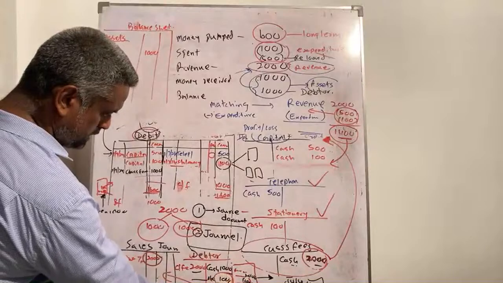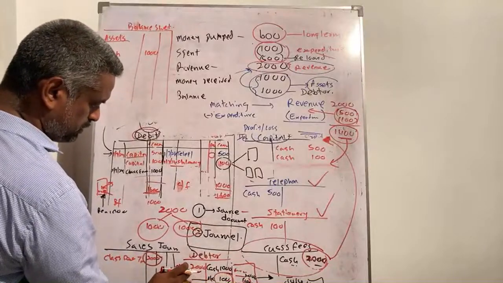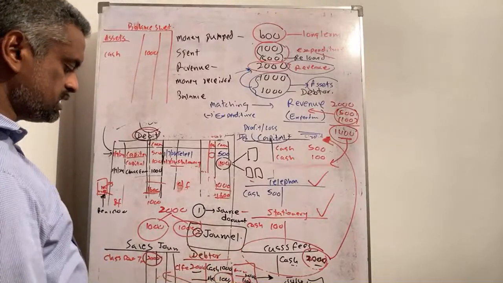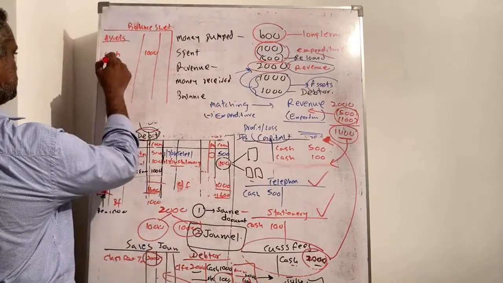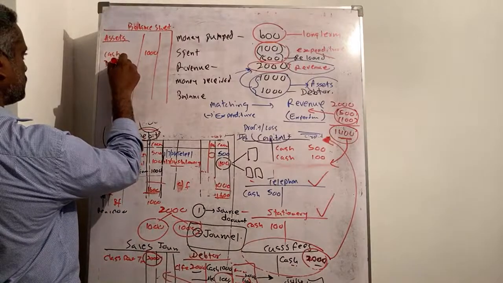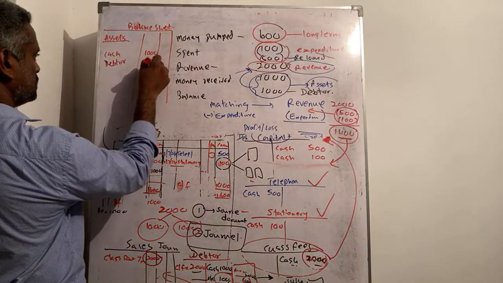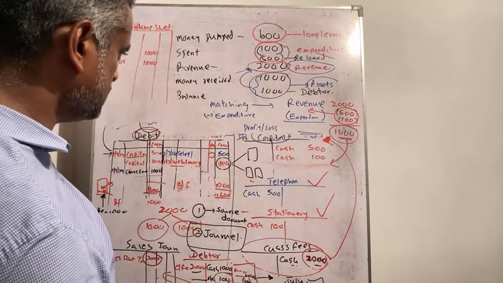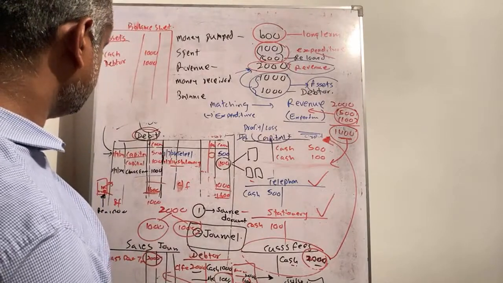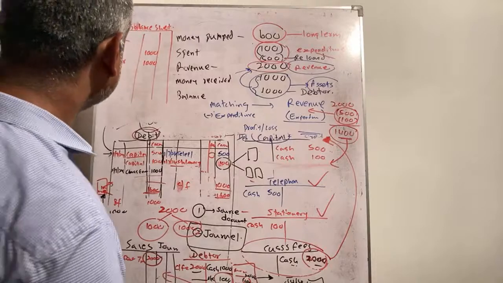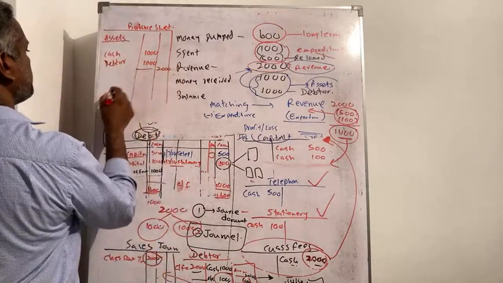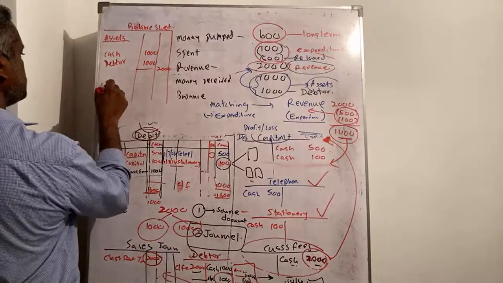Debtors, 1000 balance is there, because out of this class fees of 2000 rupees, only 1000 you received. Then debtor, 1000. Okay, no other assets, right? Then 2000 rupees, right? Then liabilities,